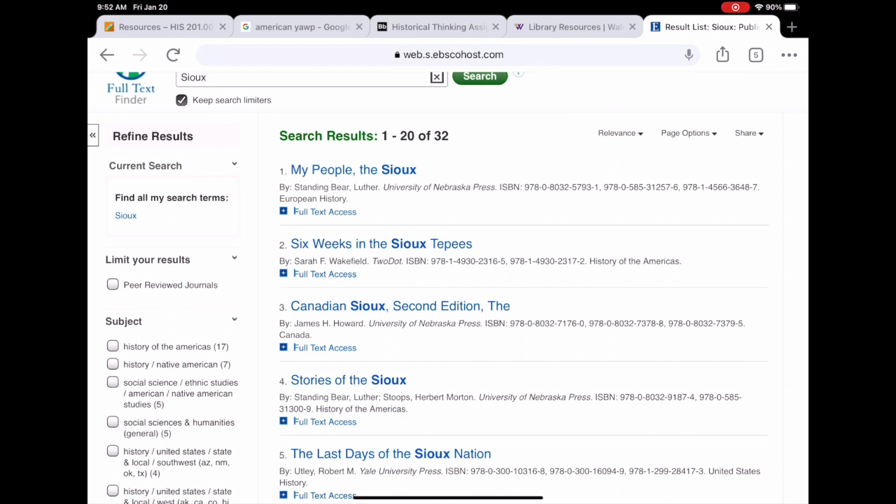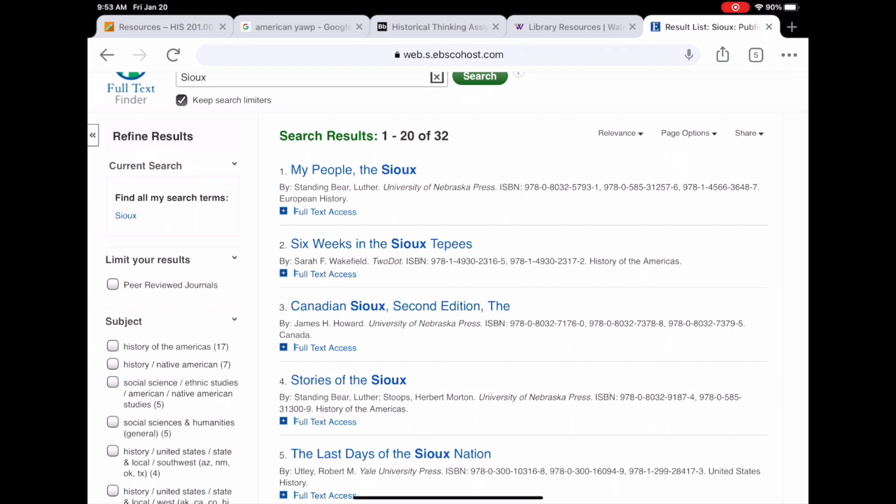I don't care what source you use. I care about what kind of quality it brings to the table. So you want to be thinking about who wrote it, what their expertise is, and how that can build your own credibility in the assignment. I do want this to be a high quality, peer-reviewed source, different from your tertiary source, that's going to come from an academic research perspective, hopefully peer-reviewed. You could also use Google Scholar. You could use a variety of other things for this.